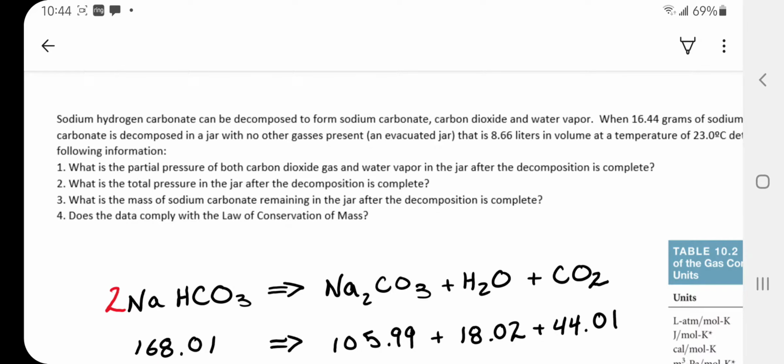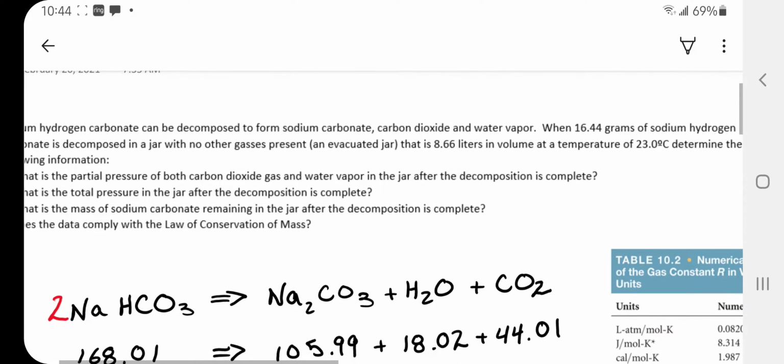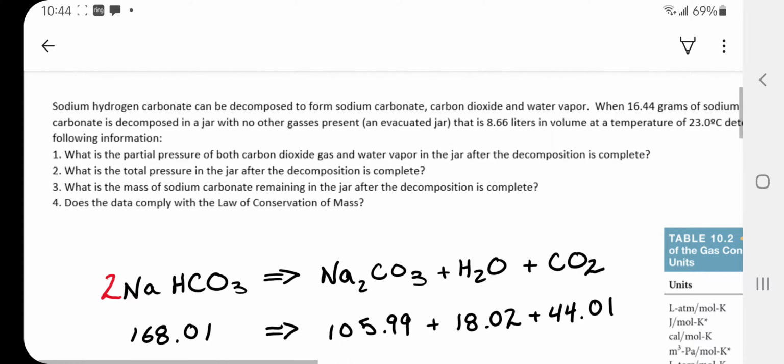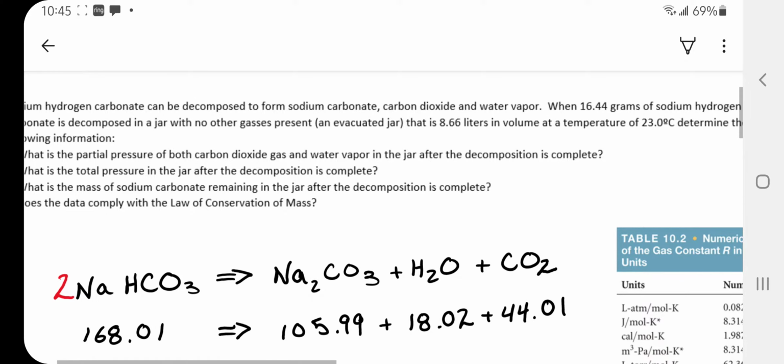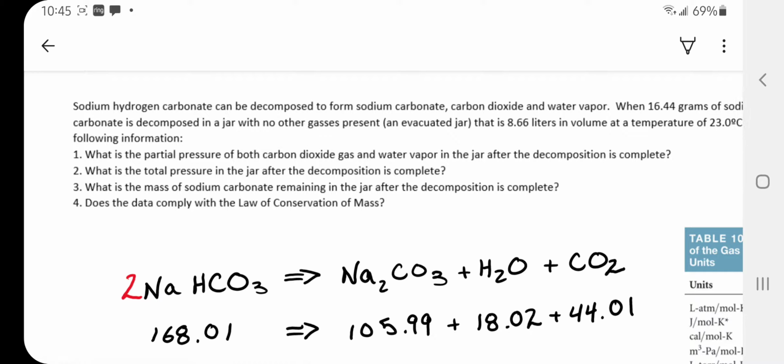Sodium hydrogen carbonate can be decomposed to form sodium carbonate, carbon dioxide, and water vapor. When 16.44 grams of sodium hydrogen carbonate is decomposed in an evacuated jar, with no other gases present, that is 8.66 liters in volume at a temperature of 23 degrees Celsius, determine the following information. 1. What is the partial pressure of both carbon dioxide gas and water vapor in the jar after the decomposition